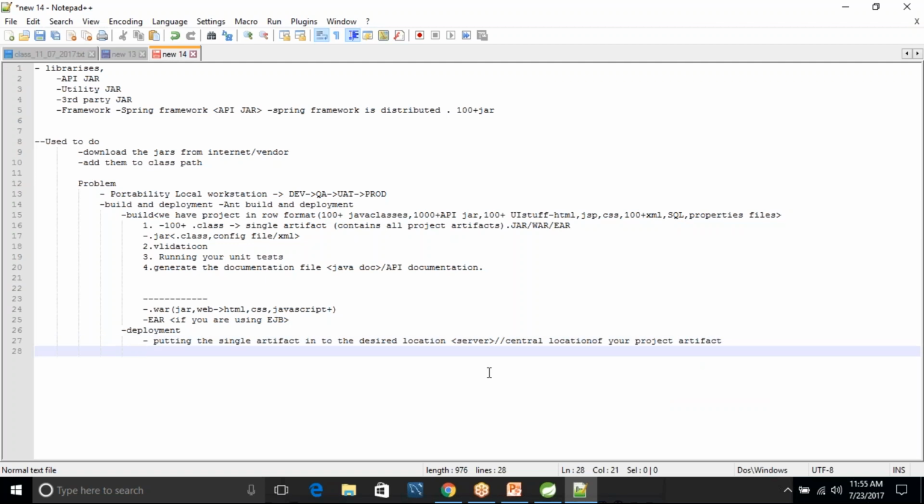Now think about HSBC, right? HSBC, throughout the bank, maybe it has thousands of projects, right? So it is building, right? Build and deployment may be happening every day, or maybe think about the production build. Okay, maybe it is happening every week, right? So the final artifact means whether WAR file, jar file, EAR file, what you are putting in your server,